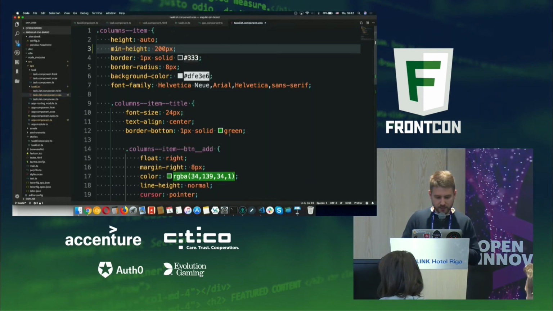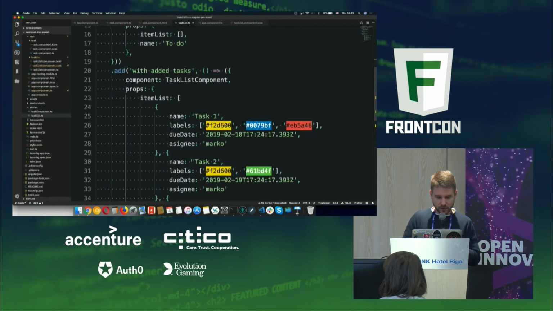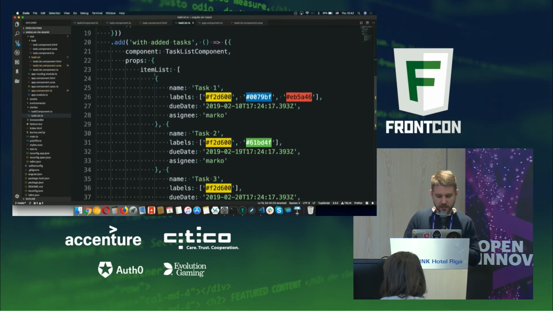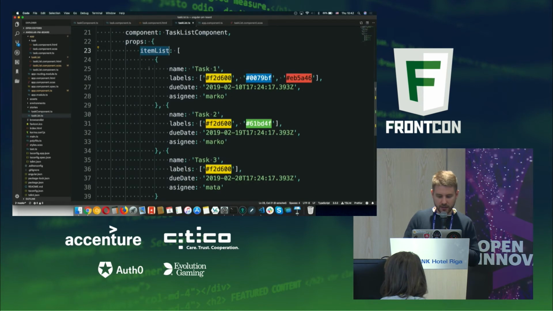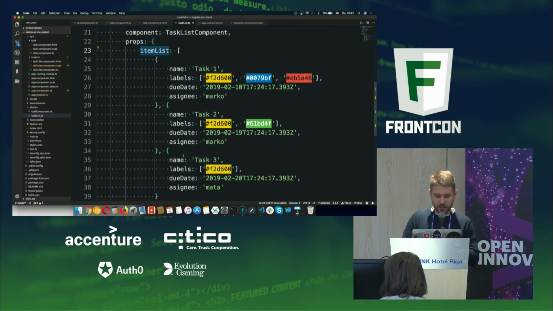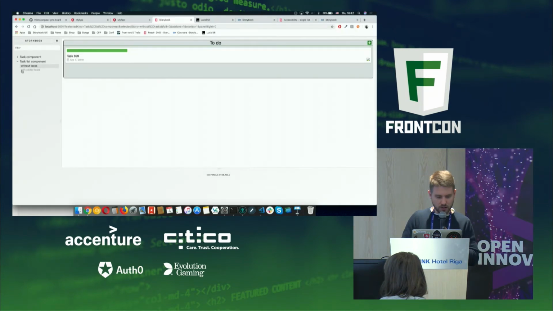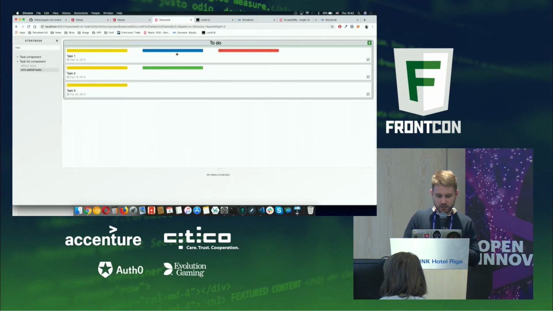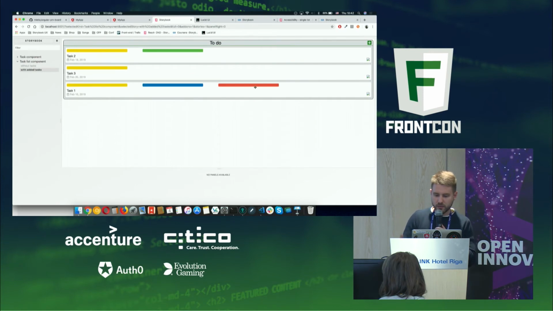But to go back here, we can also test how it looks when we added any added tasks. So in the items list array, we add different tasks with different names, different labels, dates, whatever. So of course you can pass any types of objects here. It's just up to you how you want to use this. So if you go here with added tasks, we can see,